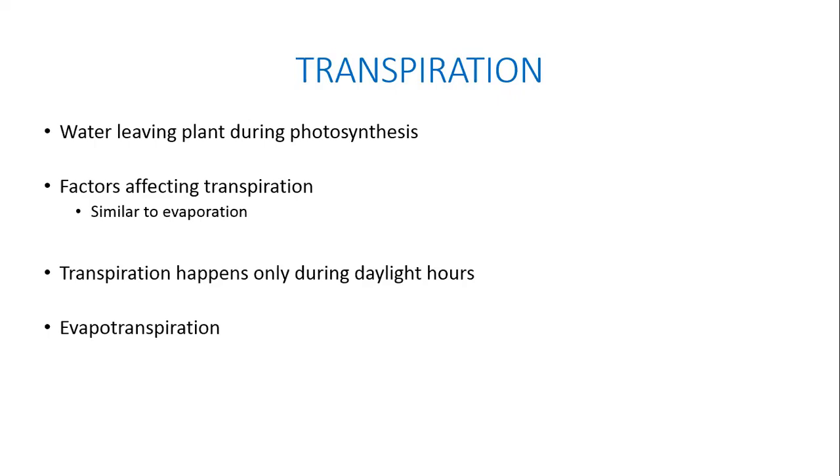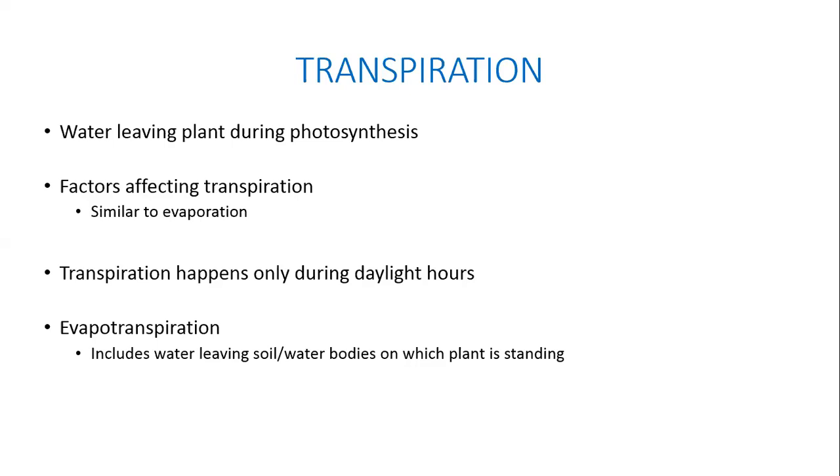Now, a very popularly used term is evapotranspiration, which is a combination of evaporation and transpiration, right? So if I have a plant standing on the ground, not only is water being lost through the leaves of the plant, but usually the soil on which the plant is standing will also have some water or moisture on it, which will also get lost through evaporation, right? The combined effect of the evaporation from the land surface or from the water body on which the plant is standing, together with transpiration, is what is called evapotranspiration.